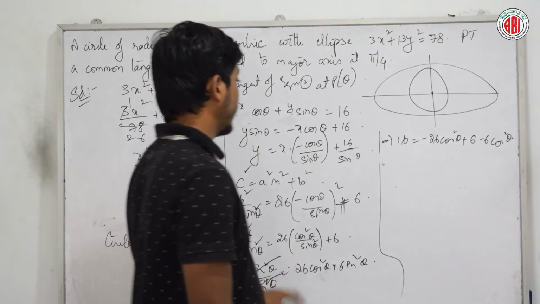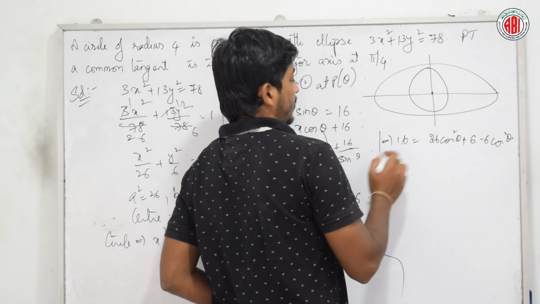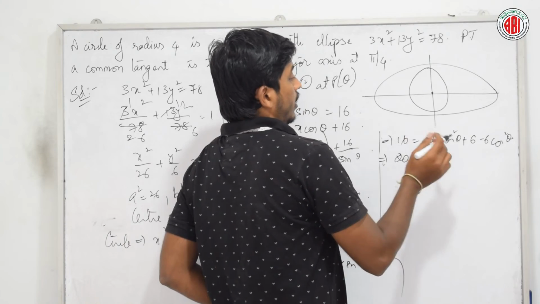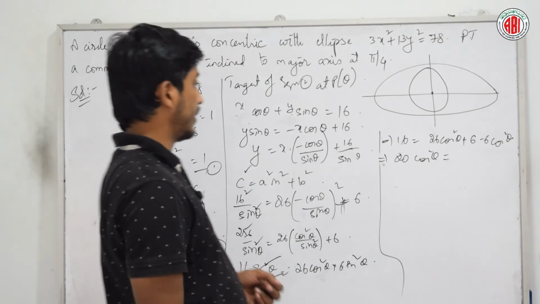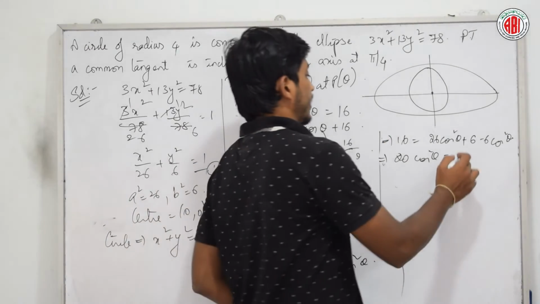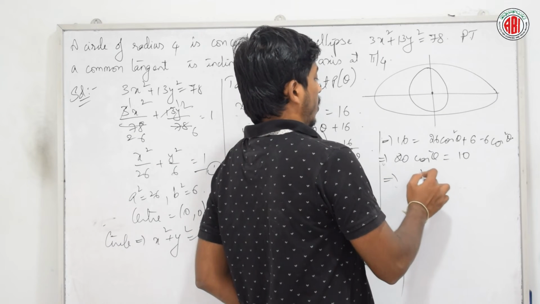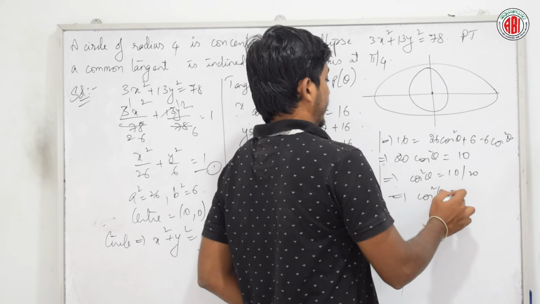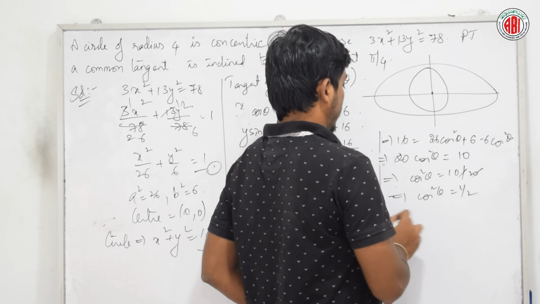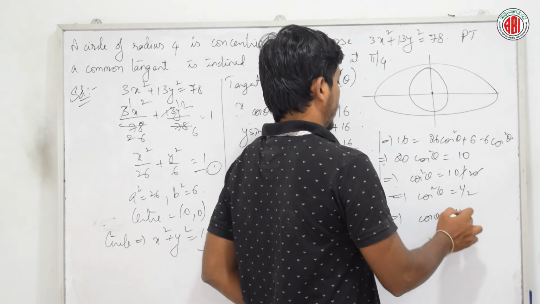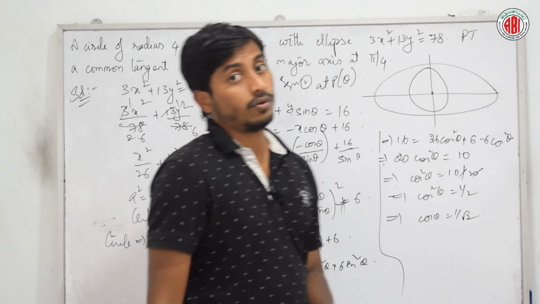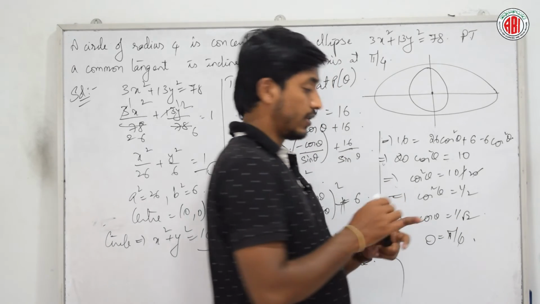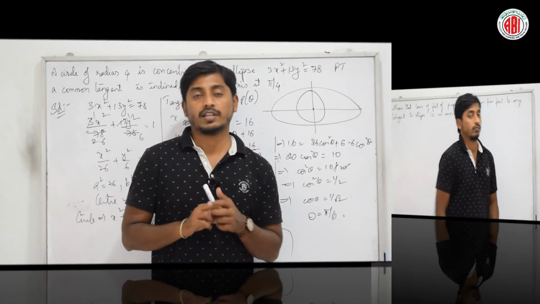So we will not get minus here. Now check: 26 minus 6 is 20, cos square theta is equal to, here it is 16 minus 6, that is nothing but 10. Cos square theta is 10 by 20, that is 1 by 2, so cos theta is 1 by root 2. When do we get 1 by root 2 here? When the angle is pi by 4. Is it okay? Did you understand? Shall we move on to the next problem?